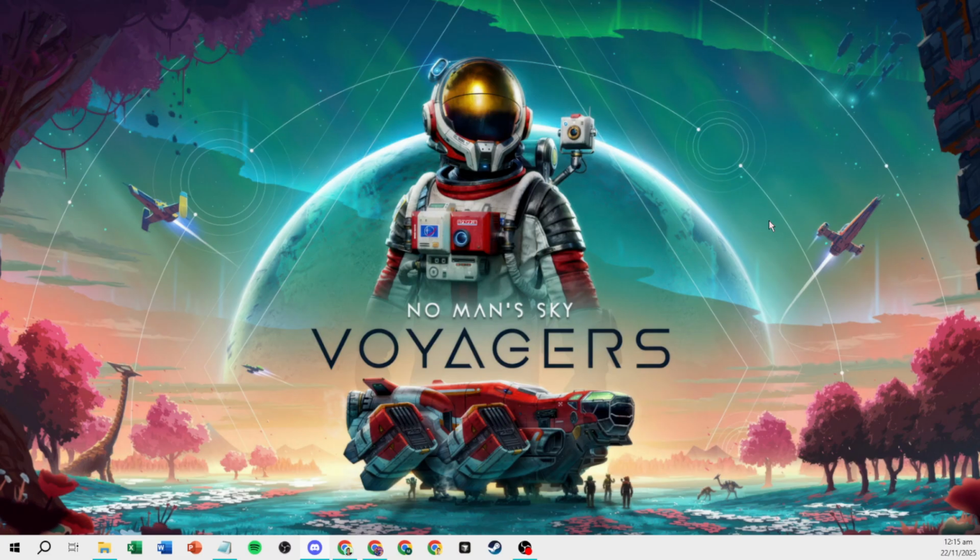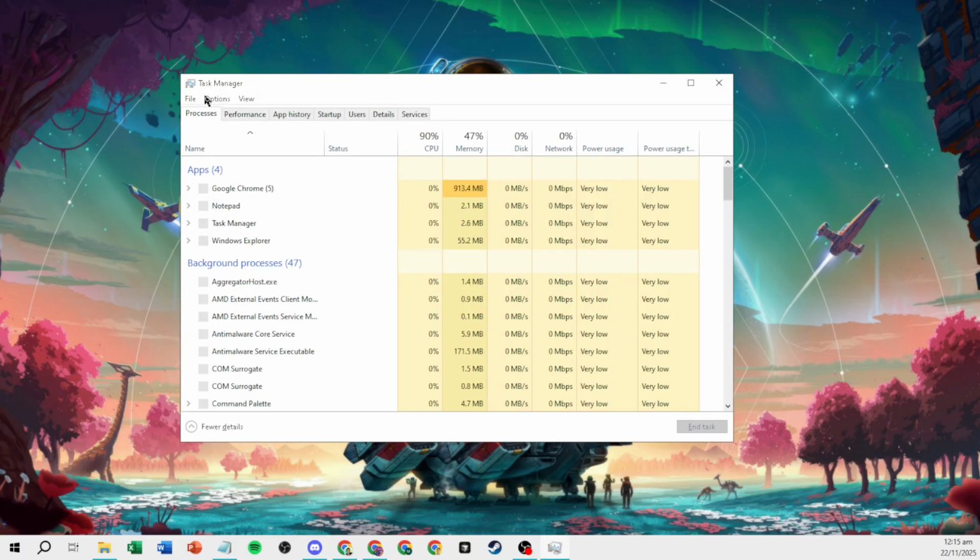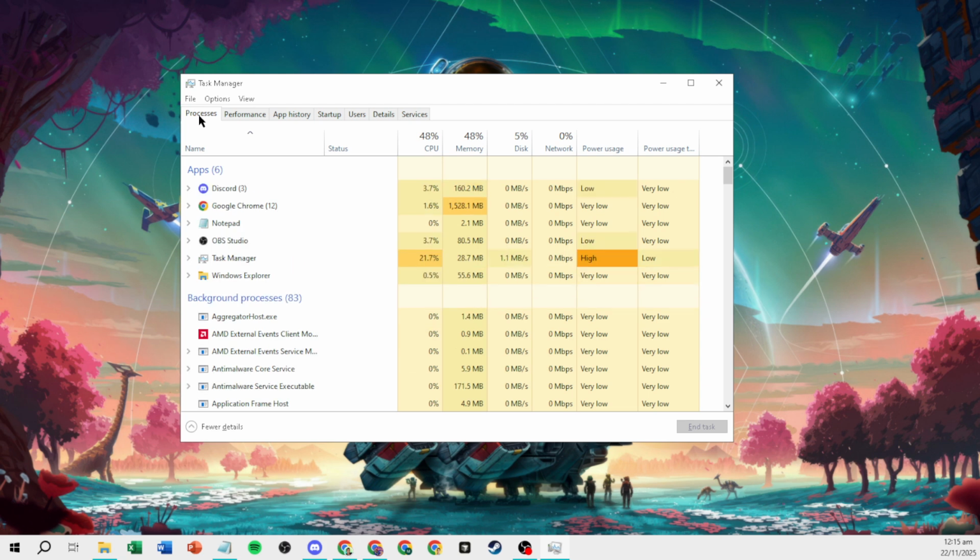First things first, you'll want to get into the Task Manager on your computer. You can do this quickly by pressing Ctrl, Shift, and S on your keyboard. Upon doing so, a window should pop up, displaying a list of all the programs currently running on your system. This is your Task Manager at work, providing an overview of what's happening on your machine.